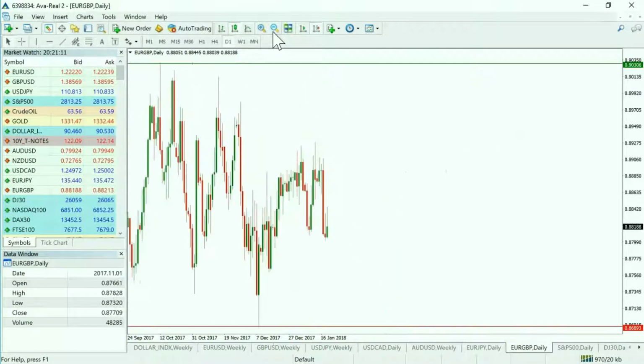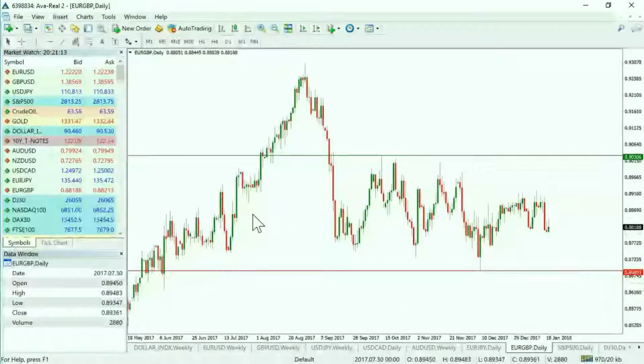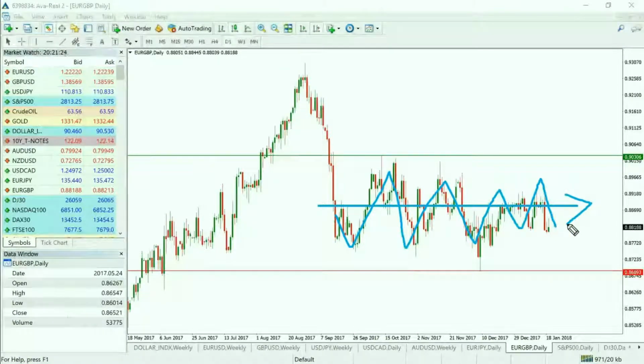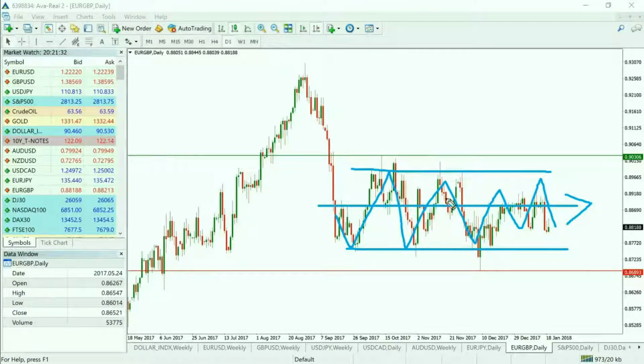This is just a particularly choppy market. Probably don't need me to tell you this, but this is what we're getting. So when we get markets like that, they're telling us that they're consolidating. We don't know for how long. There's a couple of levels that might give us a little heads up in this market. If we get a break of those inner highs and lows, that's the majority of the price action, and then we get continuation, but what we're really looking for